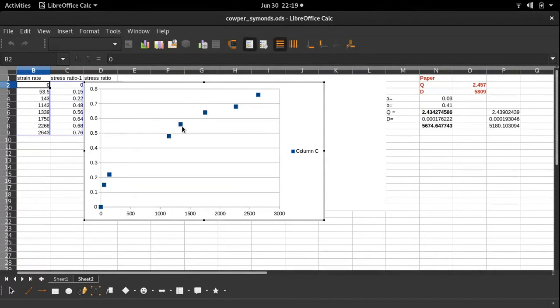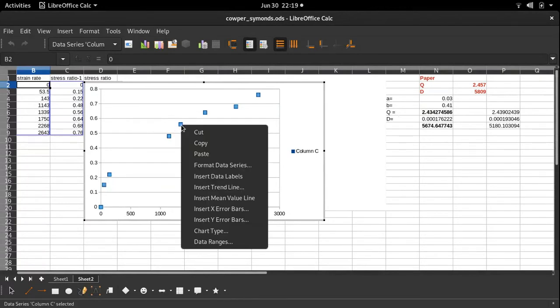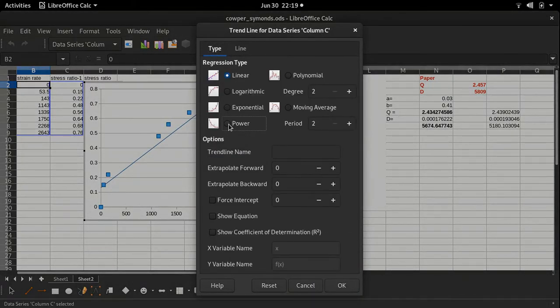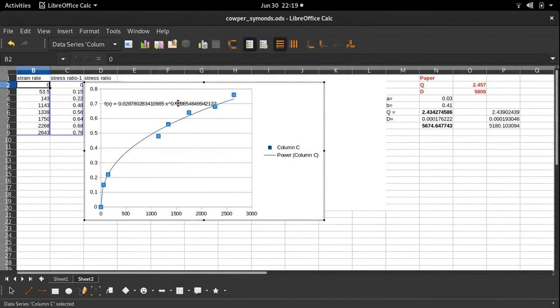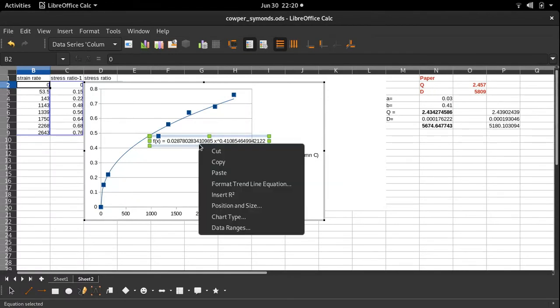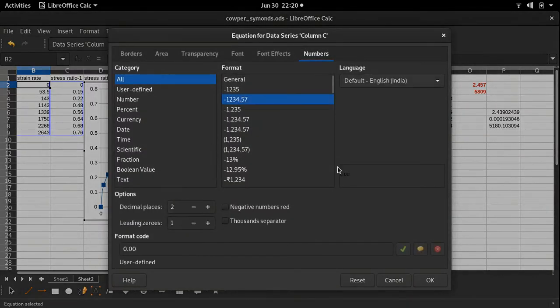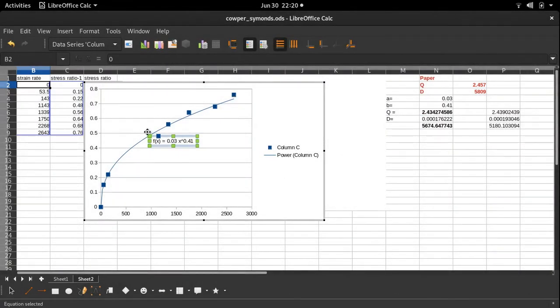Okay, now if I have to fit a trend line to these data points, insert trend line, and in types I am selecting the power equation because it was made in the power equation. Now show the equation. It will look like this. After the decimal there are a number of values and x to the power of a number of values, so I am rounding off these values. So how can I format the trend line? After the decimal I have taken 2 places, so it will look like this.